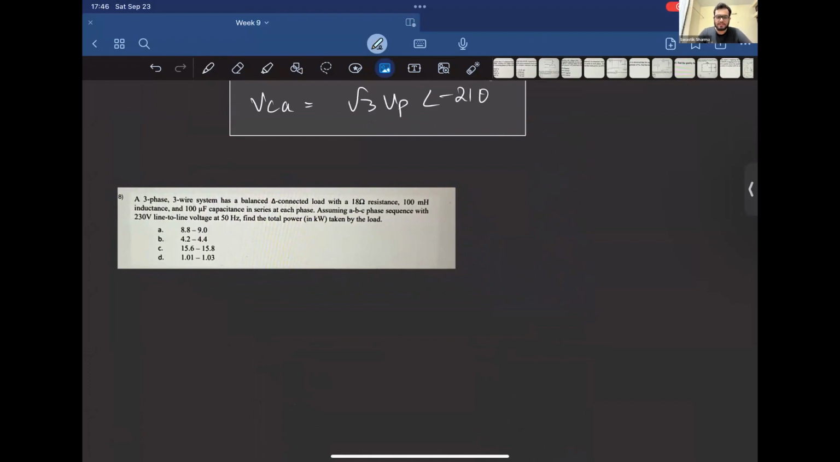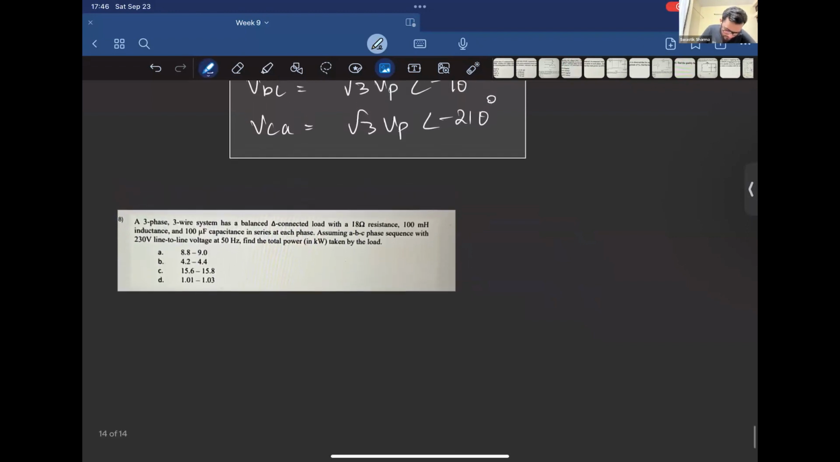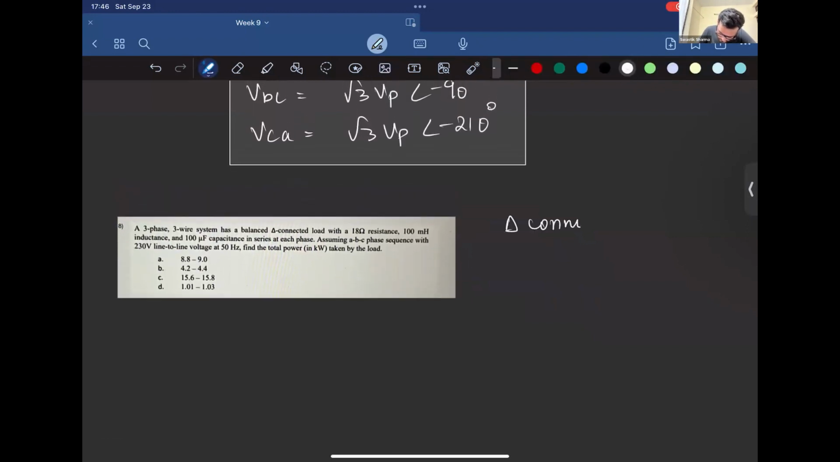So we have this question. In this question, it's given that there is a three-phase, three-wire system which has a delta connected load, with 18 ohms, 100 millihenry, and a 100 microfarad capacitance in series at each phase. Assuming ABC phase sequence with 230-volt line-to-line voltages at 50 hertz,